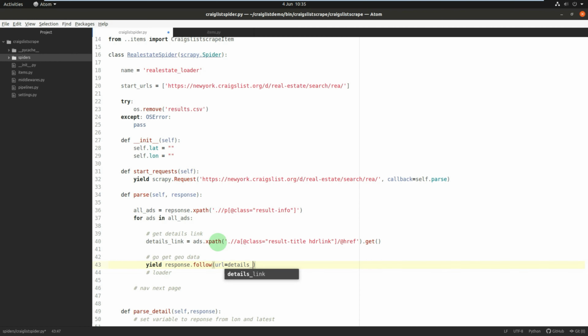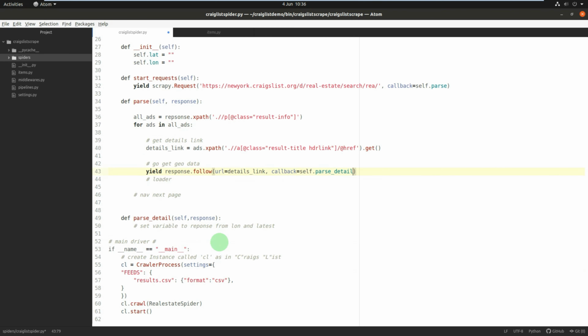Details underscore link, and then callback equals self dot pass underscore detail. So this is the method that we need to go to next, and as you can see, pass underscore detail. We then drop down here,